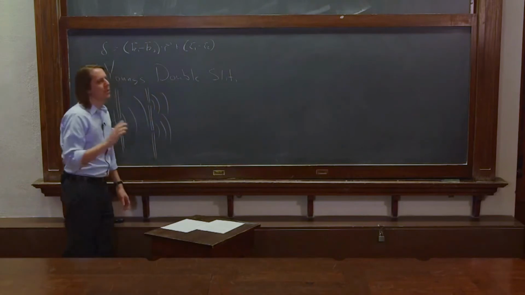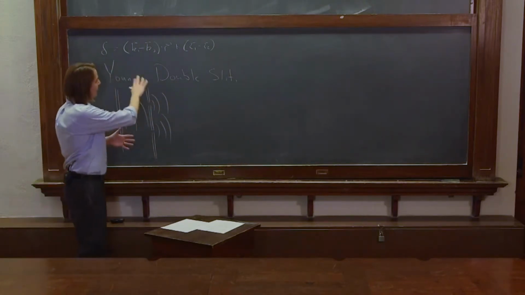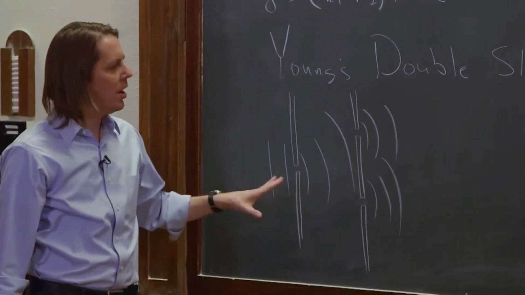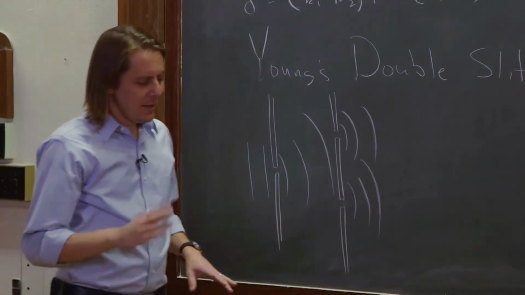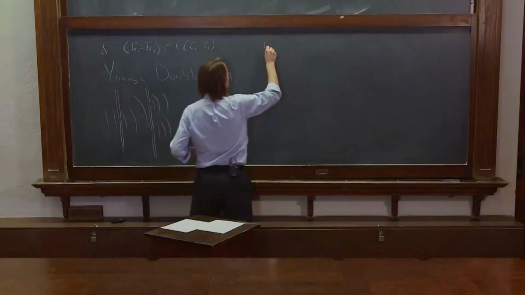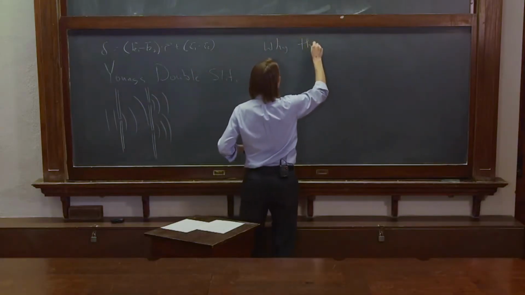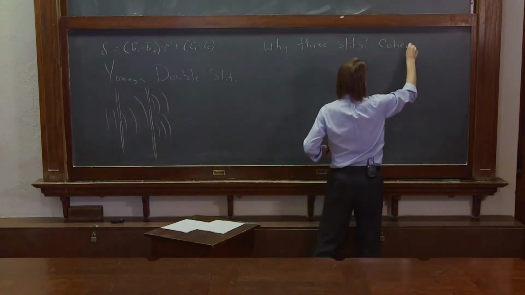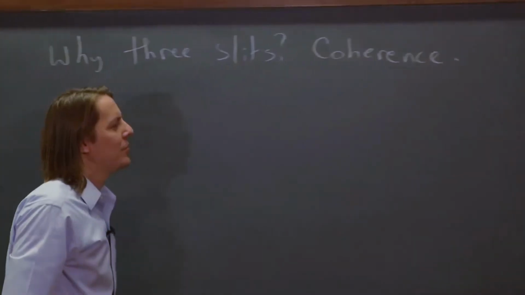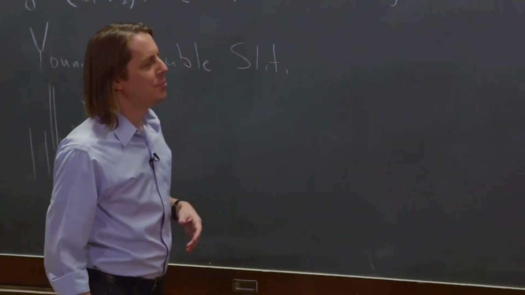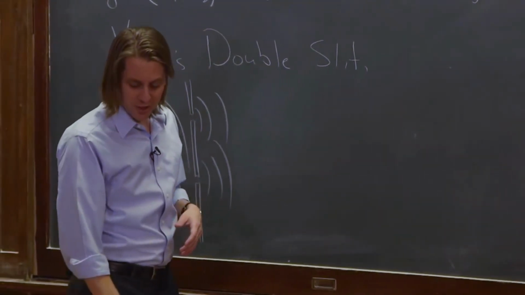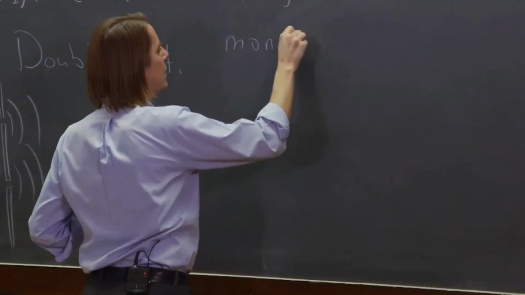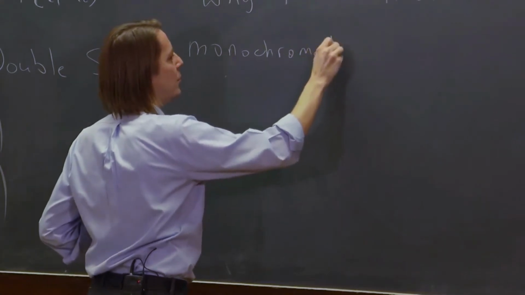But before we get into the real math of the interference term, let's talk about why there are 3 slits here. It has to do with coherence. Coherence is an issue of how waves behave in the real world as opposed to the artificial way we describe them. So if we have monochromatic light, basically having one frequency,